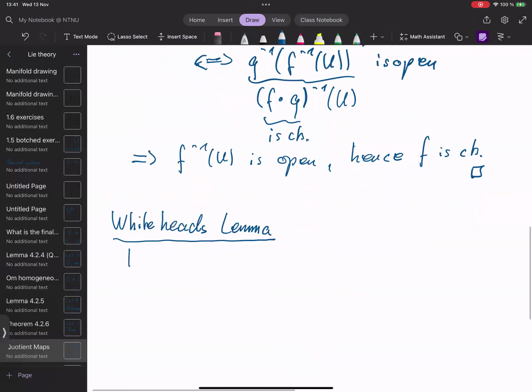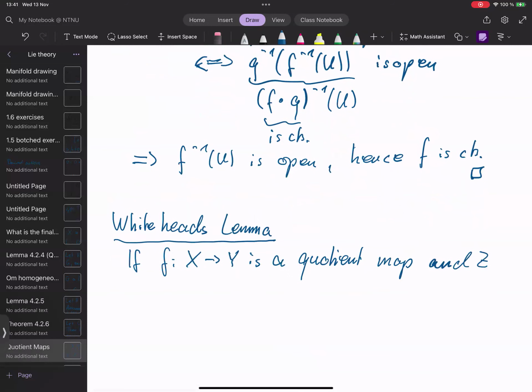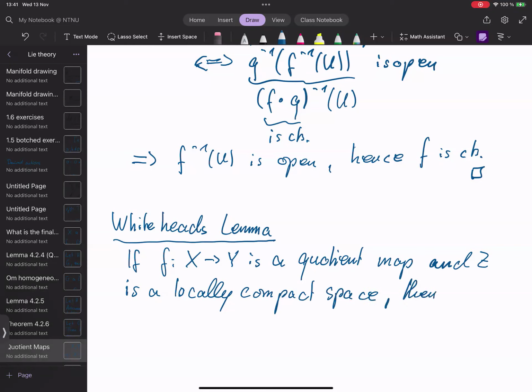It basically says, if F from X to Y is a quotient map, and Z is a locally compact space, then the Cartesian product of the identity of Z times F, so this is a map from Z times X to Z times Y, and it's the map which takes a pair (z, x) to (z, F(x)),